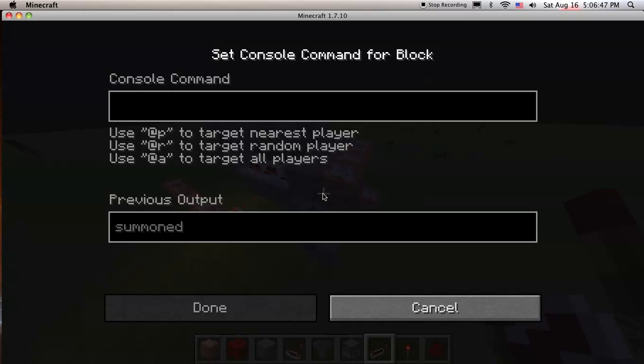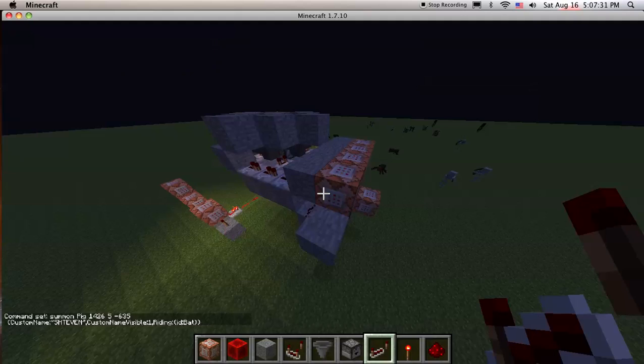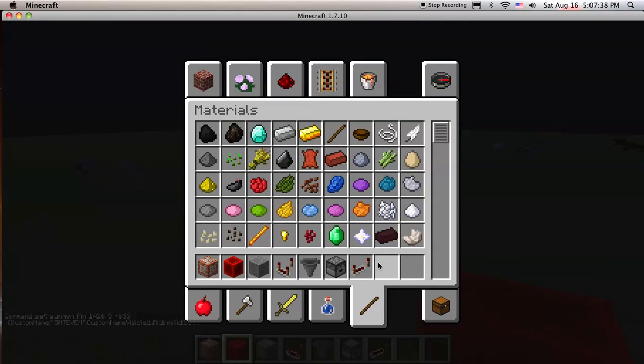Alright, this is only going to work in 1.8. Summon. What do we want to summon in? We'll summon a pig at those coordinates. Riding, ID a bat. And the pig's name is going to be visible throughout the entire world. It's going to be Steven. No, actually, Steven. And his name will be visible throughout the entire world. Okay, so now that all those are done, your amazingly beautiful lucky blocks